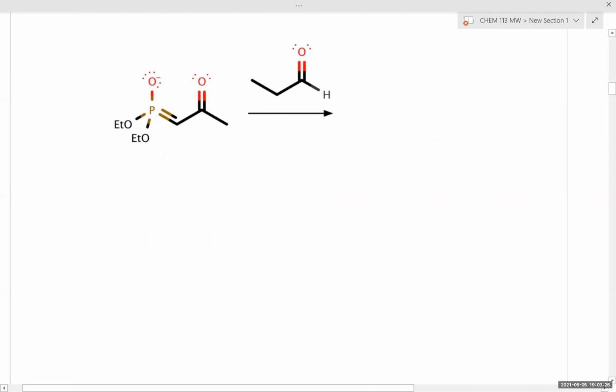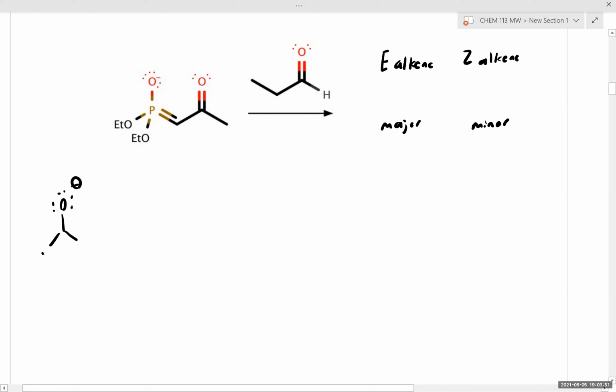Okay, so the first thing to note is because we have a stabilized ylide, we'd expect to see a strong preference for the E-alkene generated. We're expecting the E-alkene to be major, while the Z-alkene is minor. So in terms of the mechanism for this reaction,